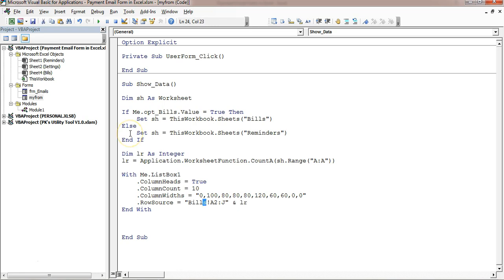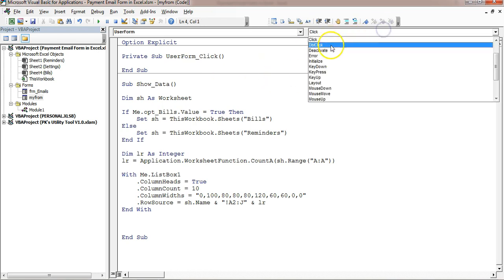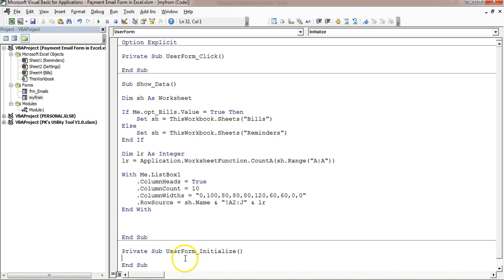Now because we are taking the sheet name dynamically, we have to make it dynamic here. So let me delete this, and here I will put ss.Name, so it will pick up the name dynamically. Now let me call this subroutine on UserForm Initialize. I'll select Initialize. So this is UserForm Initialize, and just call this show button and delete this code,